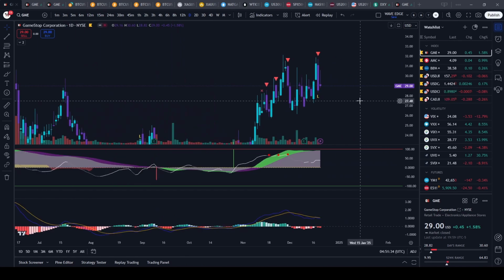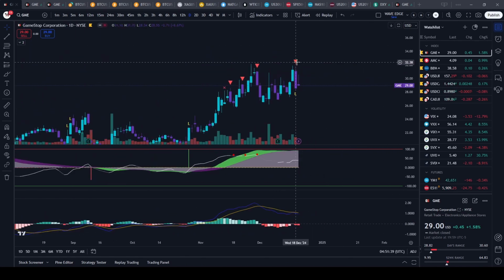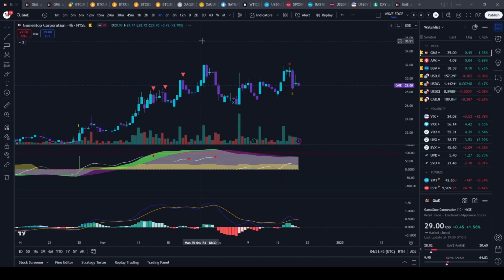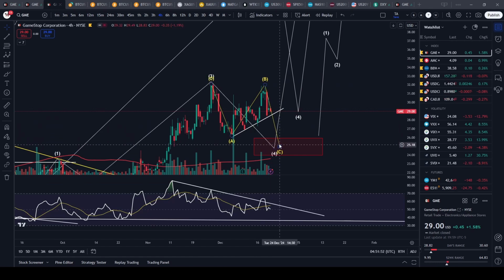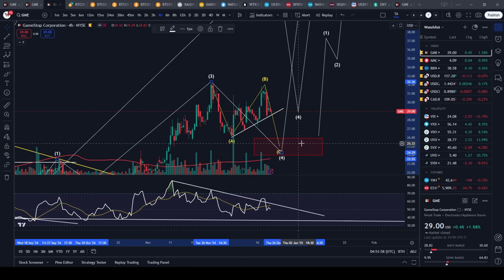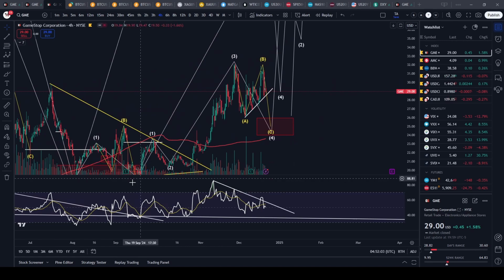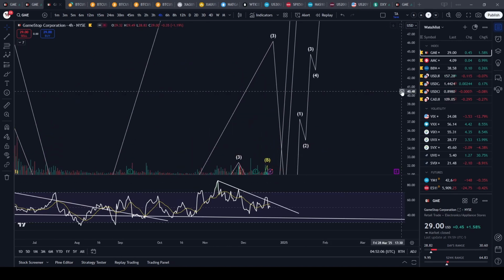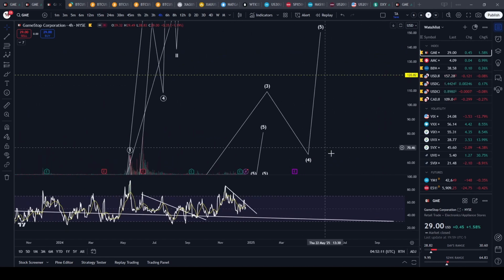So again, more selling came, obviously not surprising on Fed day, and GameStop lost a huge chunk of gains there. But I think it's still in a good setup for more upside. It just may need more time and a dip down here. Anyways, that's my setup for you guys. I'm gonna add way more shares if we can get back into this area, and obviously stops are below if it goes too far, because then it's just gonna do another 1-2, and we're still gonna come up to these levels eventually. It's probably gonna be next year at this point, but